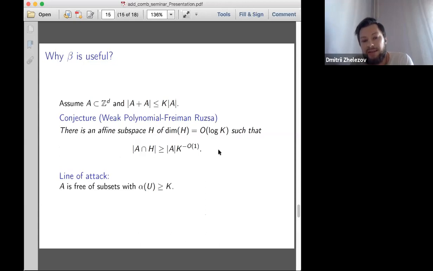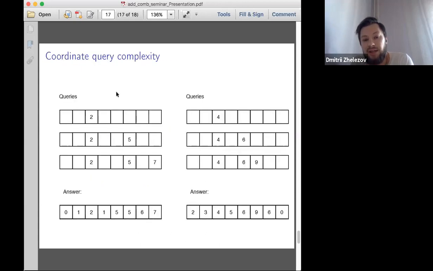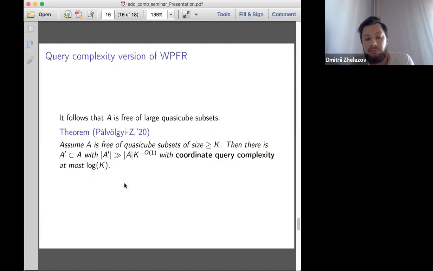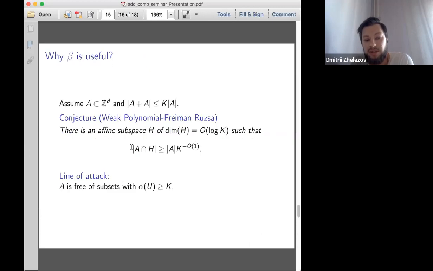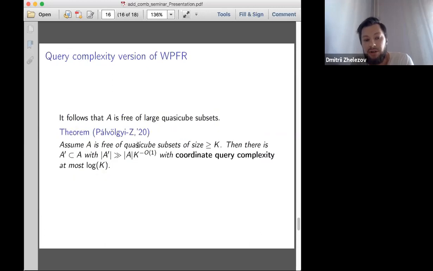In this case, this game would have been rather trivial, just because you just take this intersection as your A prime here, and you know that this intersection is contained in an affine subspace of dimension O(log k), which means